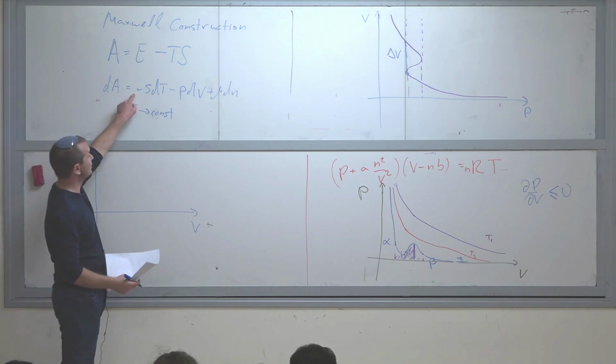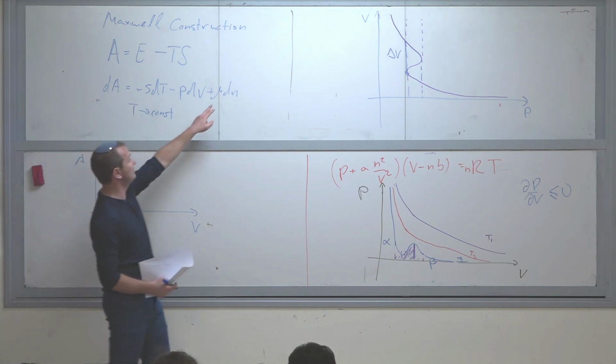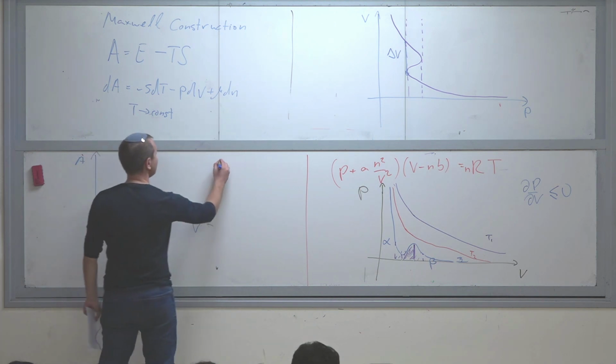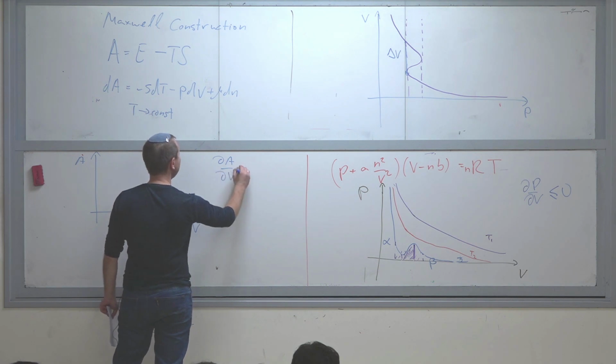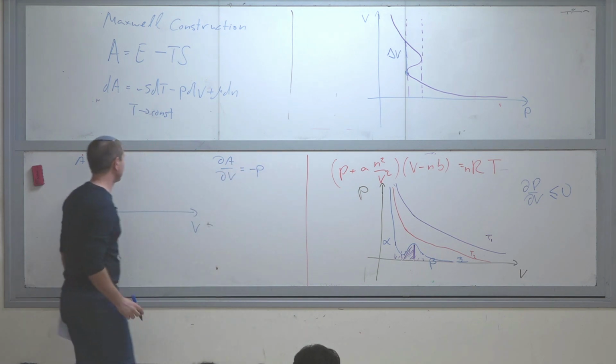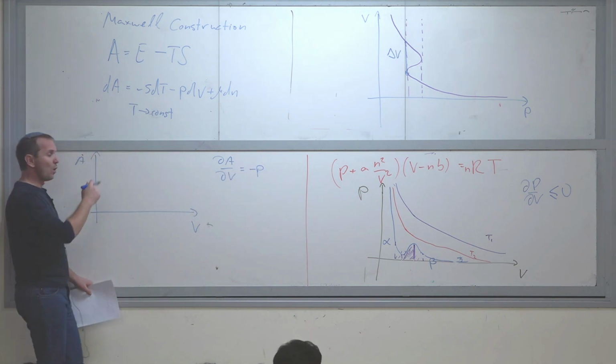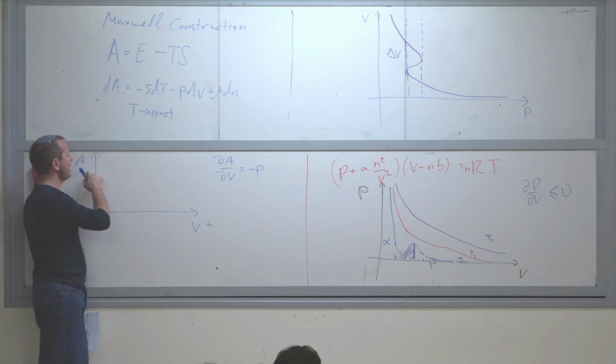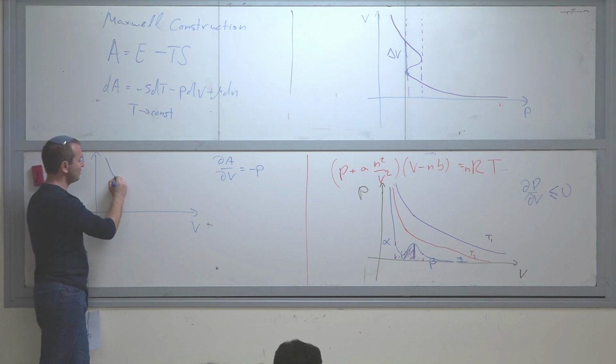From this equation over here, let's forget that I don't have a change in the number of molecules inside my system. I see that dA/dV equals minus P. So also for the Helmholtz free energy, the behavior of this function with volume should be a decreasing